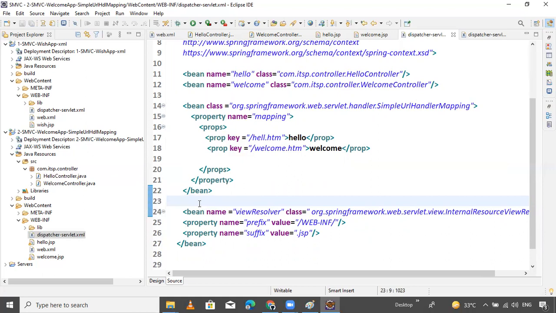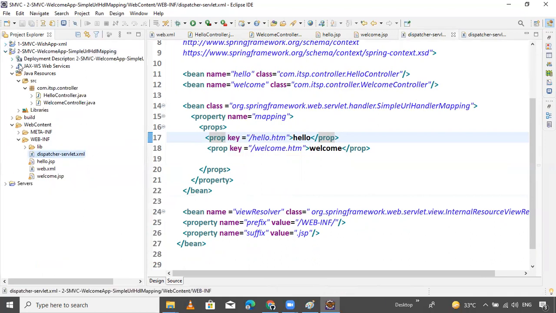If we face any problem, we will get an error or exception, then we will run and resolve that. Don't worry. Just try putting your requests hello.stm and welcome.stm, then you will get the hello and welcome pages. That's it.